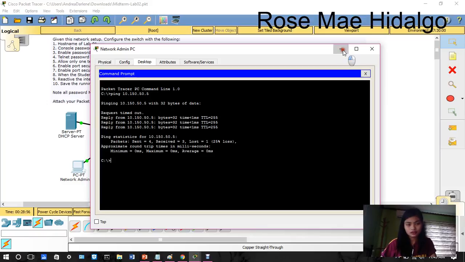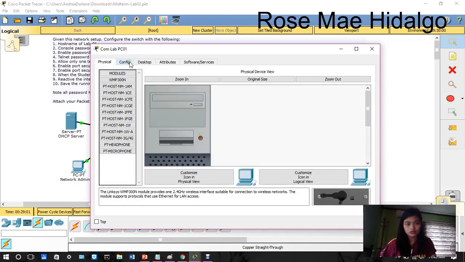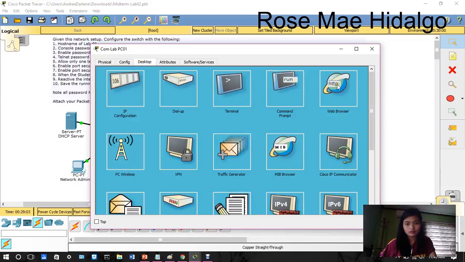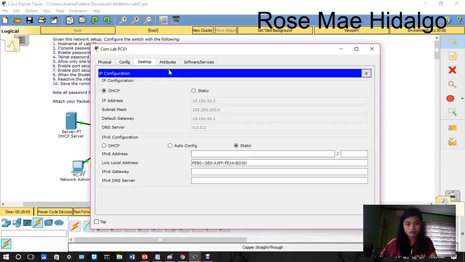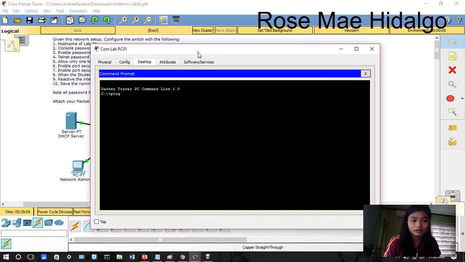Then we need to do it again for ComLab PC1. So for desktop, we need to check. Then command prompt, ping 10.150.50.5.